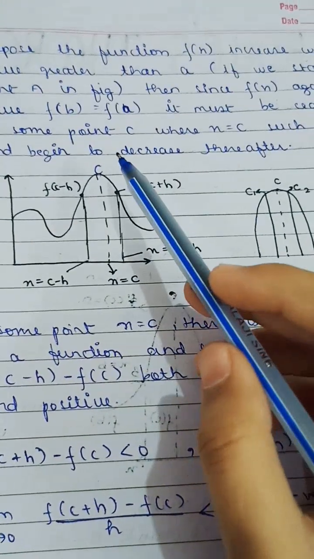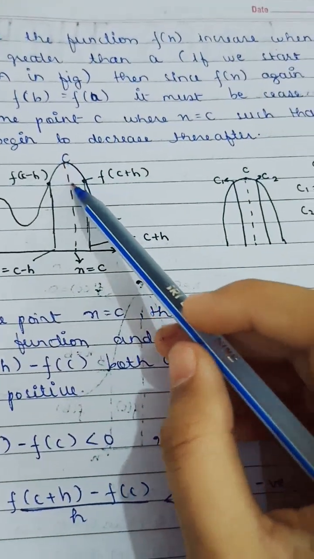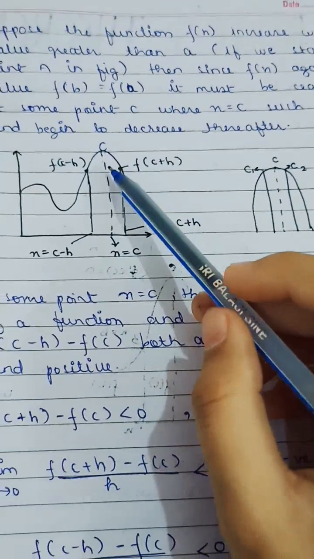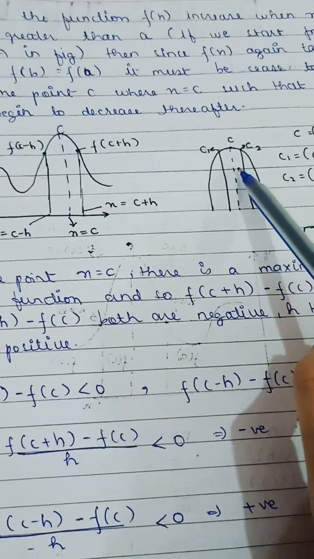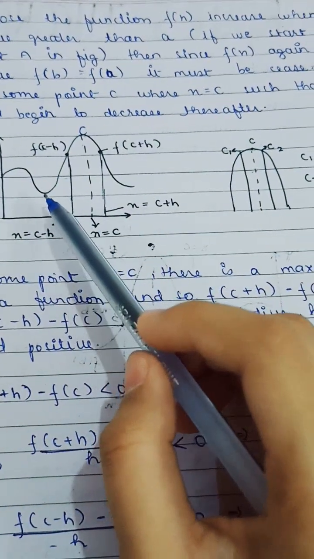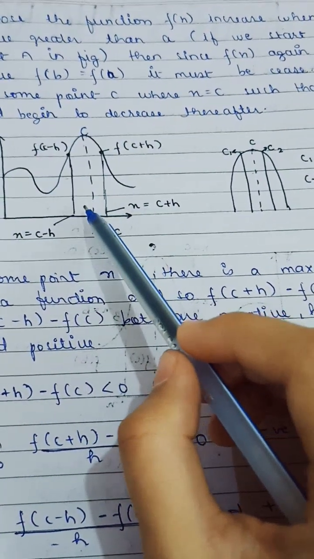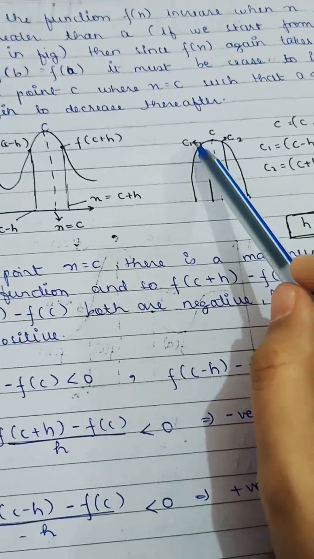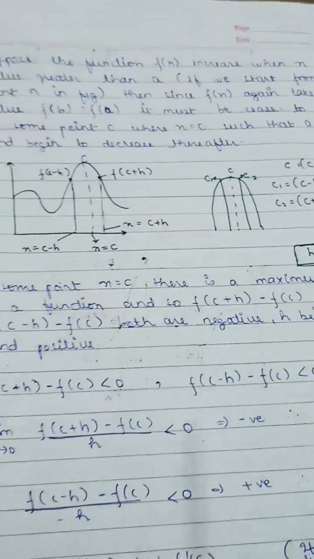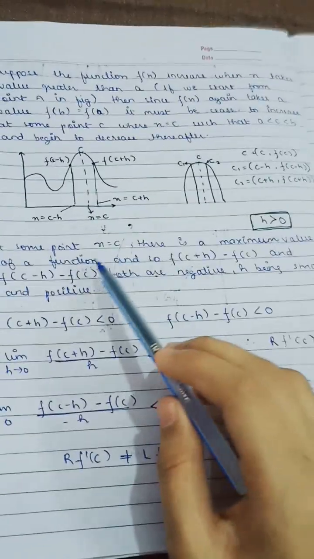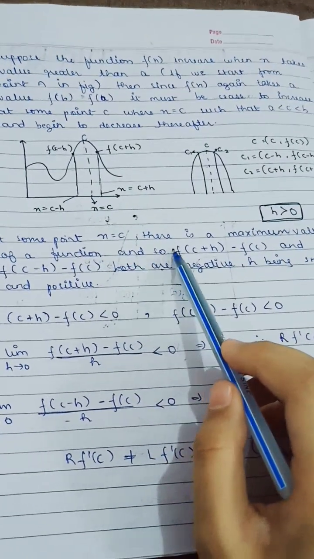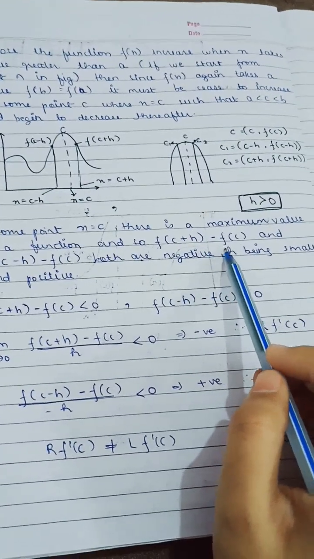Here suppose we have a point C. If we move from point C with a small value of x, we will mark it as point C2, and if we move towards this side with a small value of h, we will mark it as point C1. At point x equals c, there is a maximum value of the function, and so f(c+h) minus f(c)